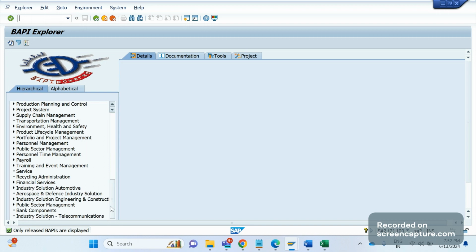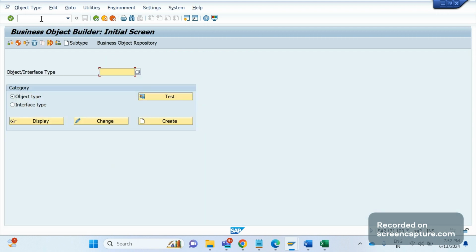Okay, as I said, BAPI works based on the OOPS concept. Let me open one more transaction code, SWO1. Let me open this. So we all know that for sales order creation, change, and display, the business object is BUS2032. So remember this object. This is the sales order business object. If I display this object,